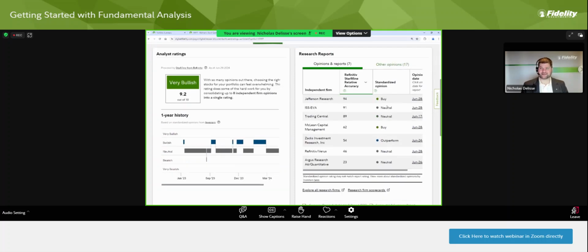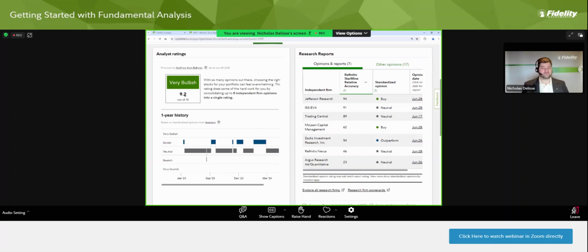After it standardizes that, it then gives it a relative accuracy score, based on how that firm's recommendations have done within that sector and industry over the last quarter compared to what the sector and industry have actually done. The more accurate they are, the heavier the weighting. The less accurate they are, the lower the weighting. It combines all these into a score. Anything from 3 to 7 is considered to be neutral. So you have a lot more granularity because this goes from 0.1 to 10.